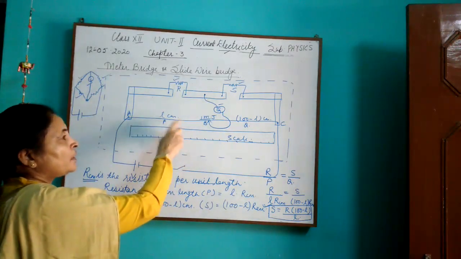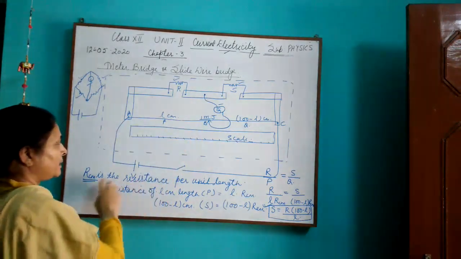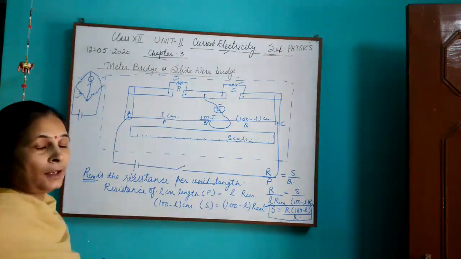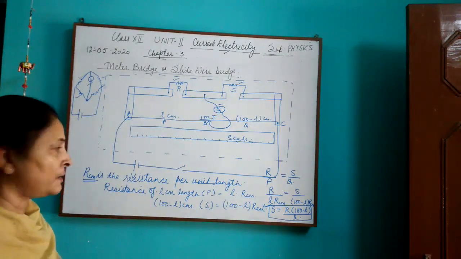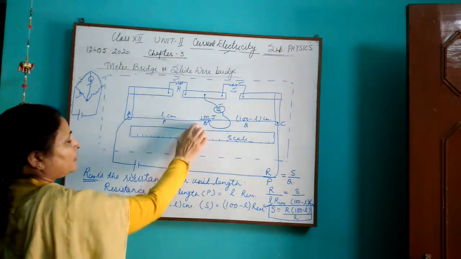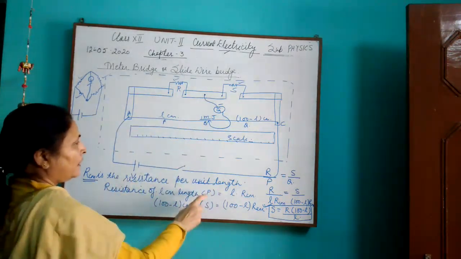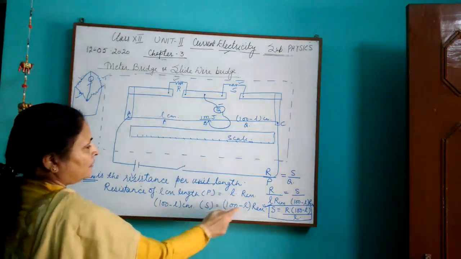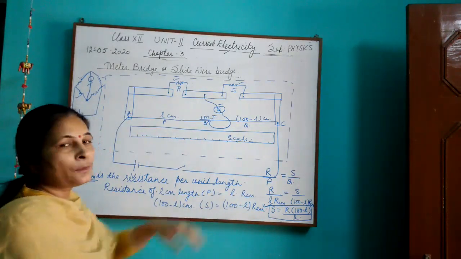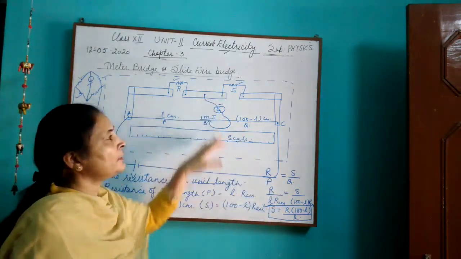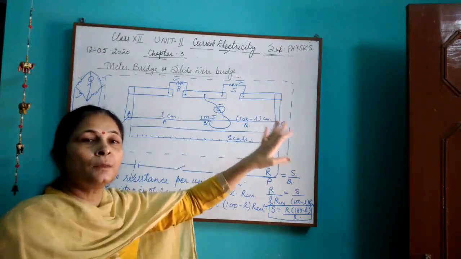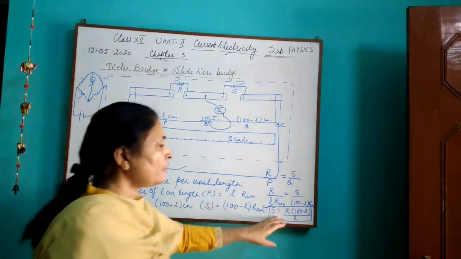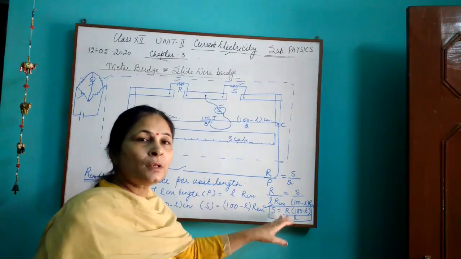Then the second thing is, you must know that RCM is the resistance per unit length, because the ratio of length with length cannot be taken. Both shall be resistances. So per centimeter of wire, if it is RCM, then the resistance of this much length will be L into RCM, and 100 minus L into RCM, and now you can substitute in the condition. Usually if this question is directly asked, it is asked as a 3-mark question. So in this way, we can find an expression for determining an unknown resistance.